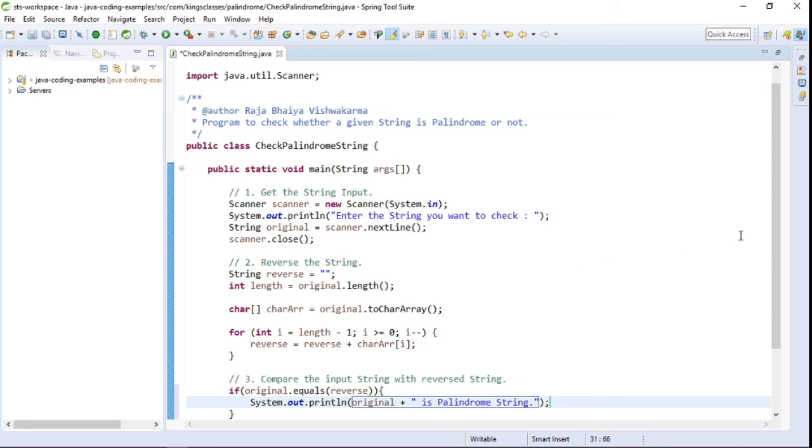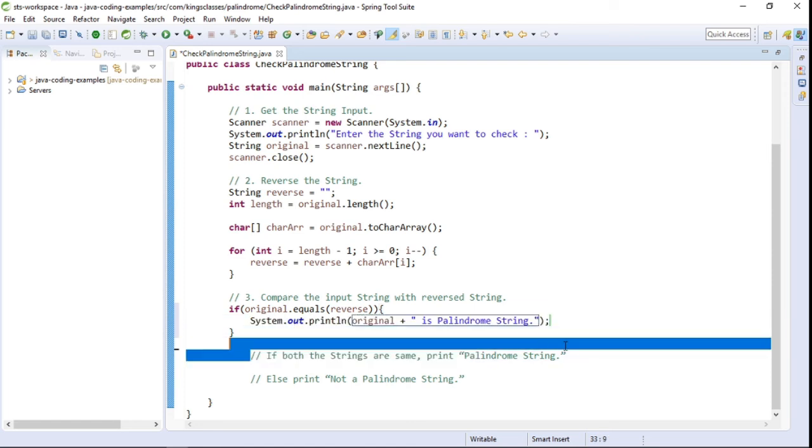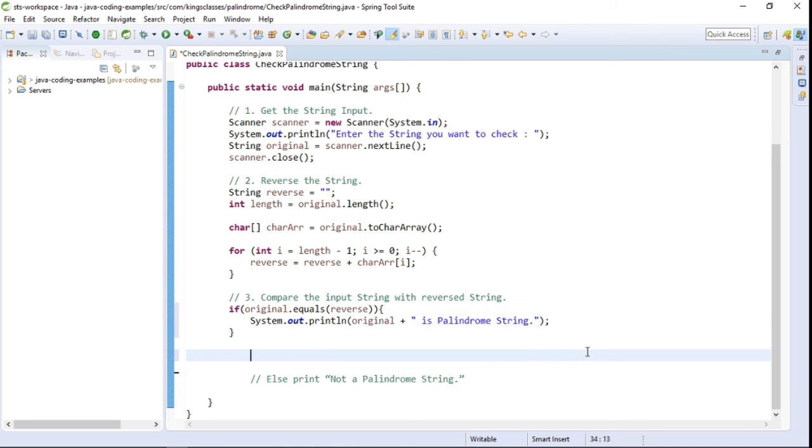So if both the strings are same or equal, this condition will print the message saying that particular string is a palindrome string. So we have completed this check basically.